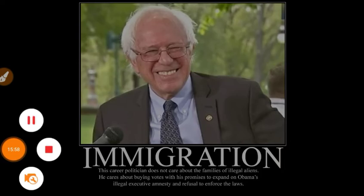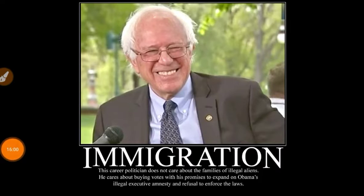For those of you interested in immigration, Bernie's stance on immigration, being the career politician that he is, trying to expand his voter base by importing illegal aliens, he doesn't care about your voting. He doesn't care about families of illegal immigrants. He cares about purchasing votes with his promises to expand on Obama's illegal executive amnesty and refusal to enforce the